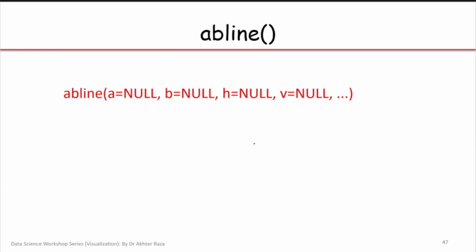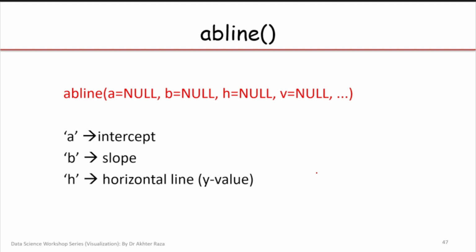abline. This command will draw a straight line. It has two options. Either we can specify the horizontal value, or we can identify a vertical value. Any one of these two can be specified. Or we have the option of identifying intercept and slope. So these are the 4 parameters, and any one of the 4 parameters can be used. Intercept can be used, slope can be used, b is the slope, h is the value of the horizontal line,